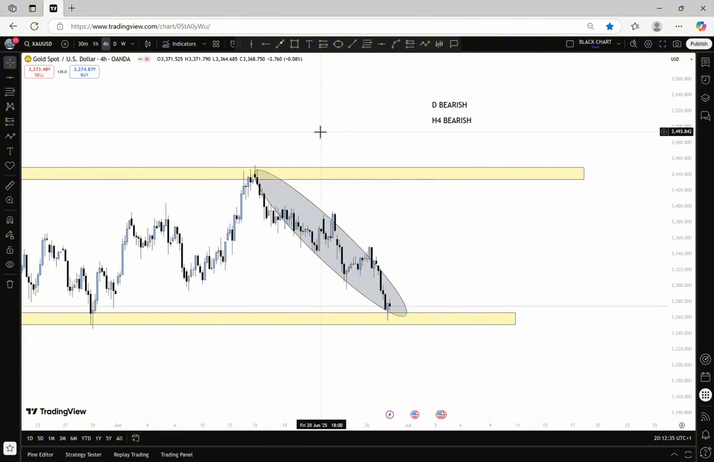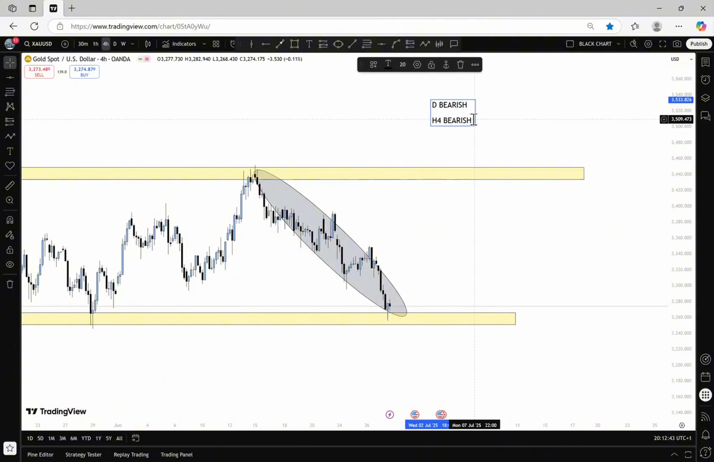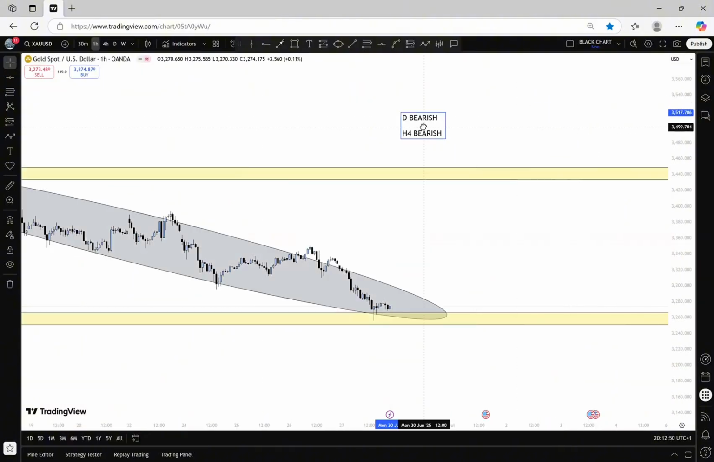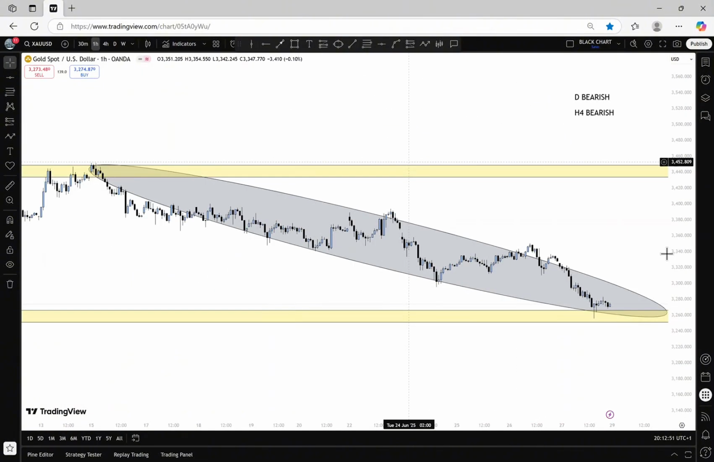The time frames are correlating with each other. The daily is bearish, so you are looking for a selling opportunity. The 4-hour is bearish, so you are looking for a selling opportunity. Now let us go to the 1-hour time frame and see. Since the 4-hour time frame is bearish and all the time frames are confirming bearish,